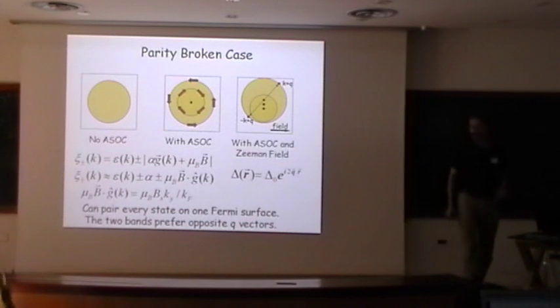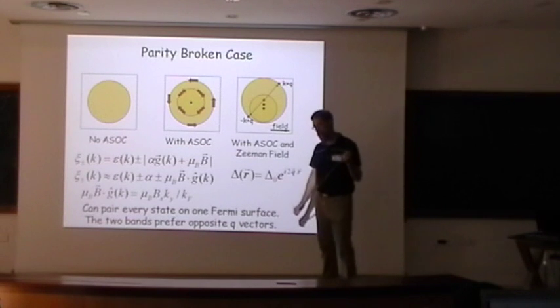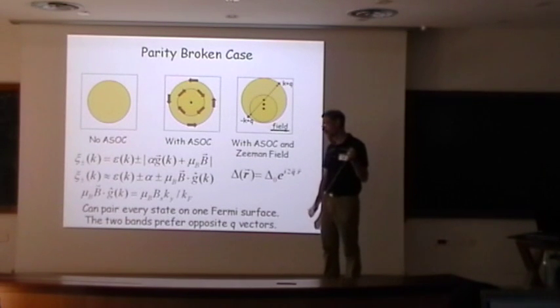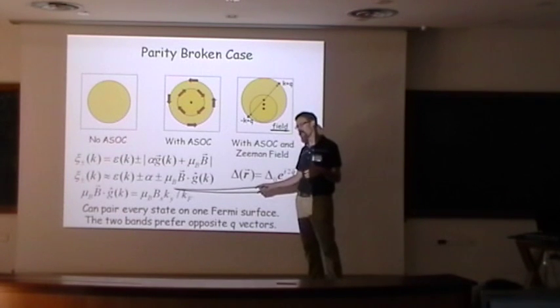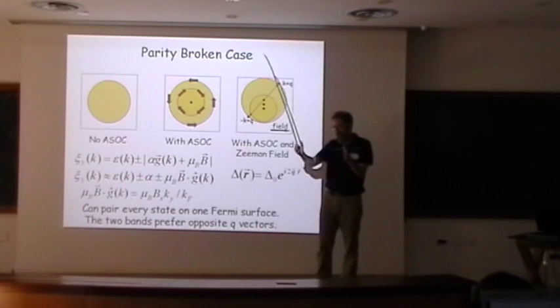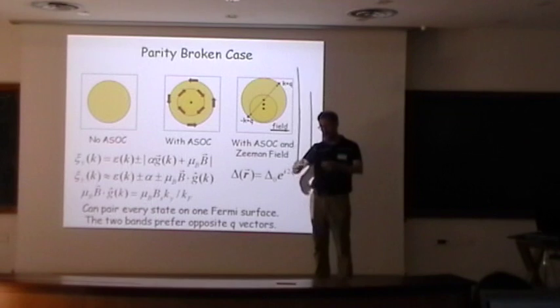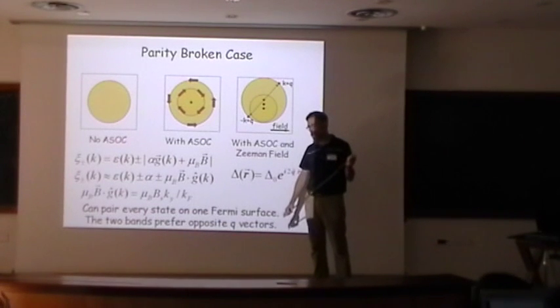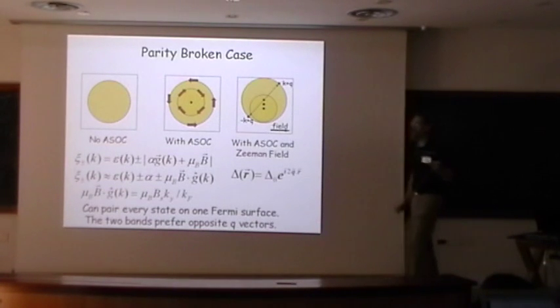Sorry, two questions. For 2D, this is clear. If I have 3D and g vanishes along a particular direction, as it usually does, does that change things? It doesn't change, I mean, you'll get some smearing effect, but it doesn't change the quality. So there'll be some plane of the surface for which you can pair every state, and then it gets a little bit worse as you move up and down the sphere. So the phase space is not big enough to change it qualitatively.